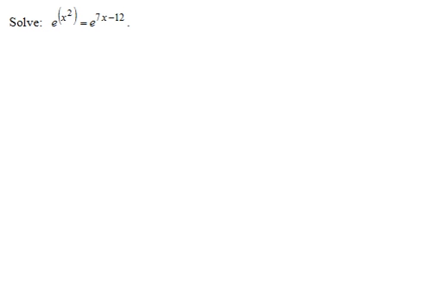Solve e to the x squared equals e to the 7x minus 12? Well, we have exponential functions here that are equated and they have the same base. One thing we know about functions like e to the x, or really in general a to the x power